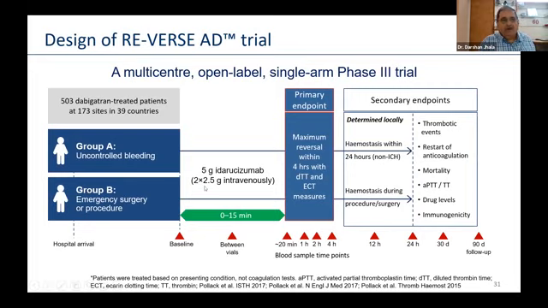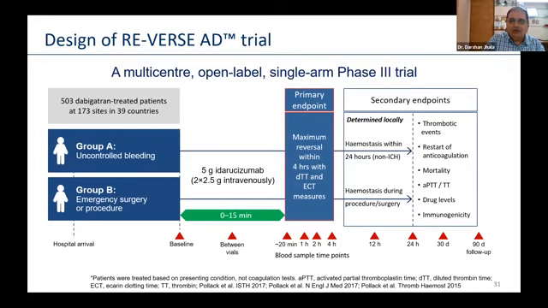So what was given? 2 doses of 2.5 grams intravenously of idarucizumab within 15 minutes of each dose. So between vials, the interval was generally around 10 minutes. And then there were some primary endpoints. They looked at maximum reversal within 4 hours. Now there is a specific clotting test available, which is not available to us, but for research purposes it is available. It's called the Ecarin clotting time.